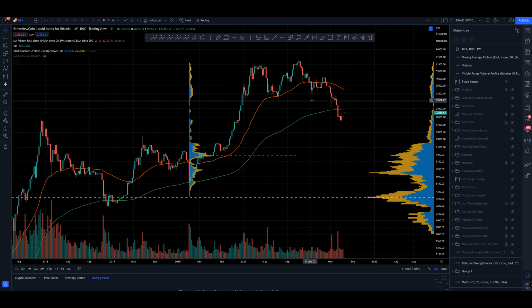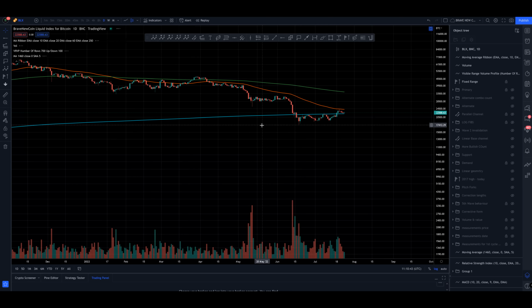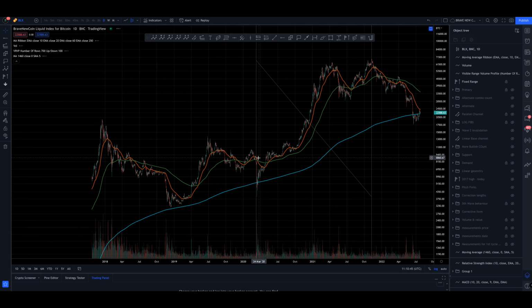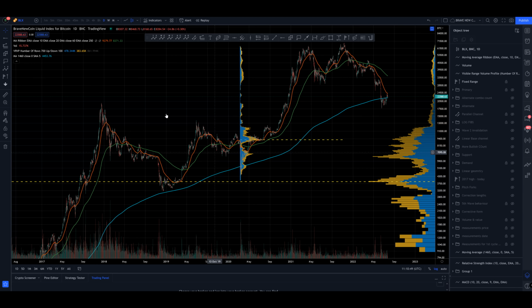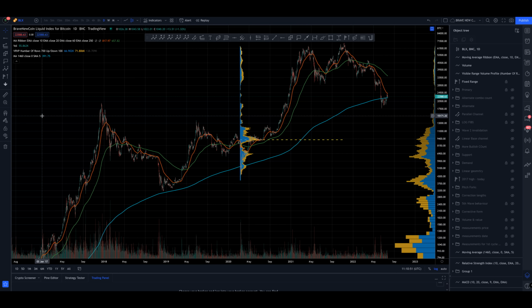We've looked at our moving averages as well. I've also started including a longer term moving average, which we can only see on the daily time frame, which is the 1460. Now the reason I use this, or I've started using this, I may have mentioned it in the previous episode, is because this represents 4 years.